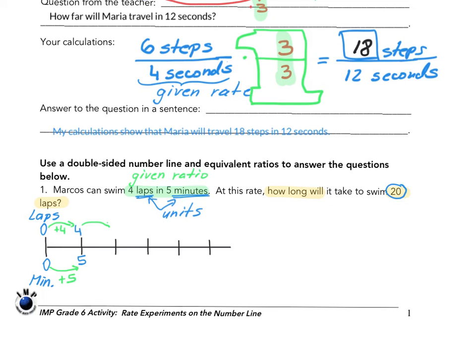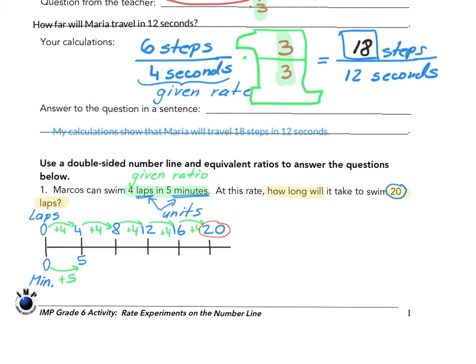So you can pause the video and keep adding 4 laps until we reach 20. Okay, wow, that was just right. So this is my target number of 20